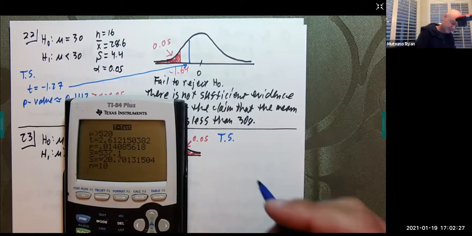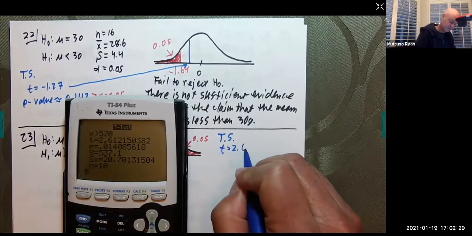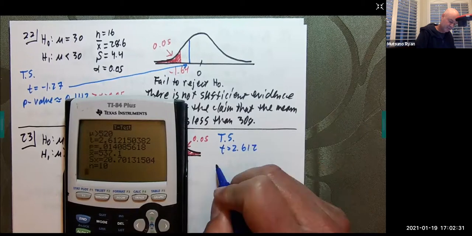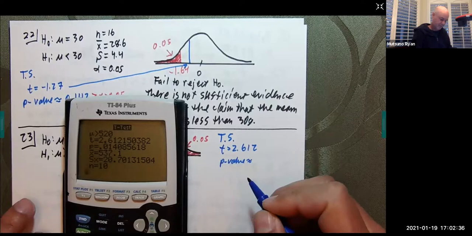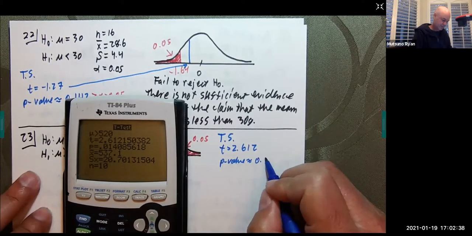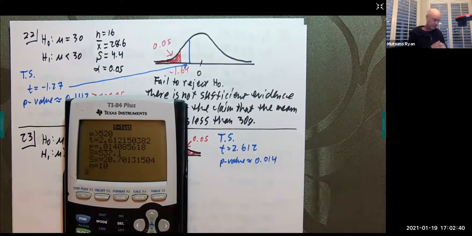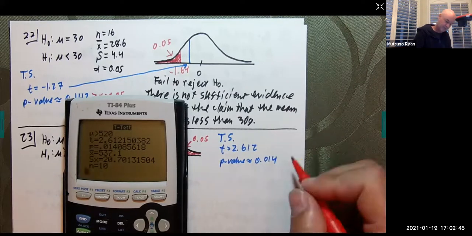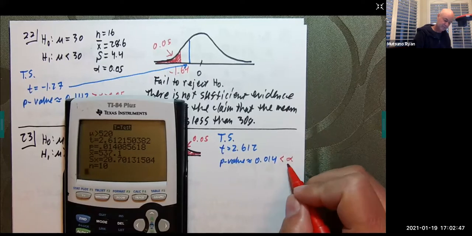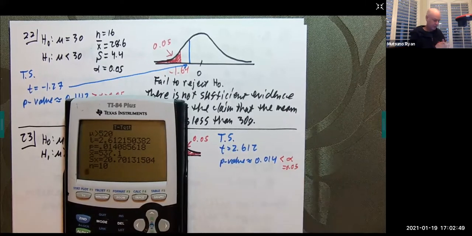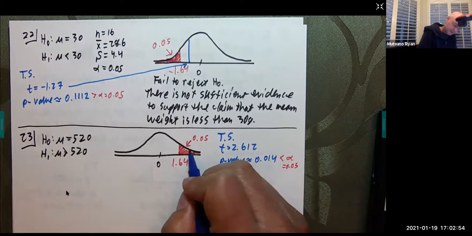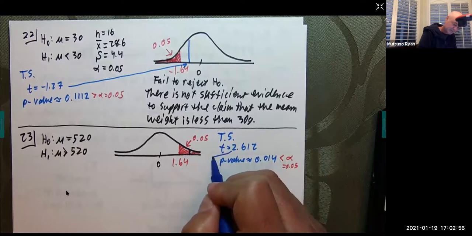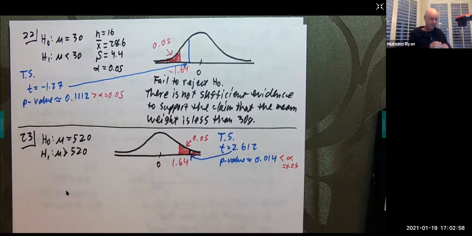So this gives us that T is 2.612 with a p-value of 0.014, which is definitely less than our alpha. So that means we are here. So we are definitely in the critical region,